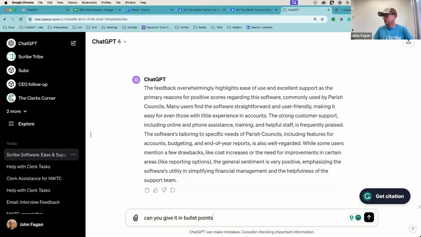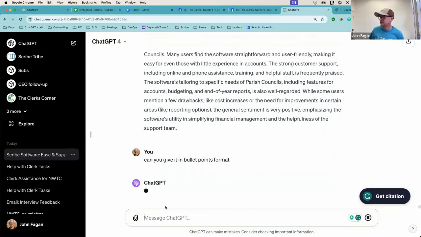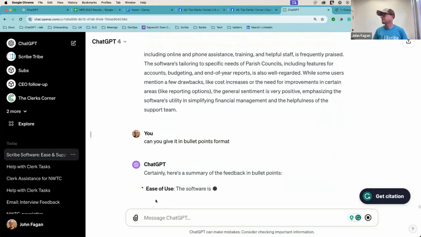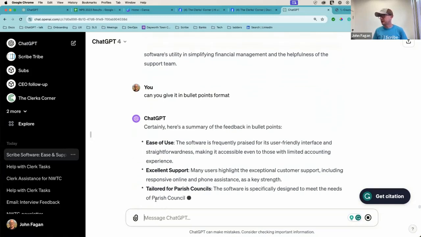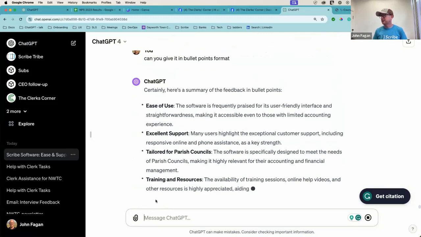Just give bullet point format, because it's a block of text. There we go. And it's done a nice job at summarizing all that unstructured text to give us feedback